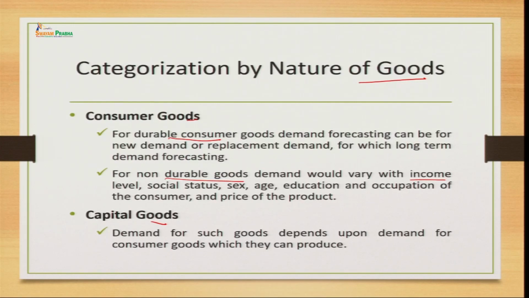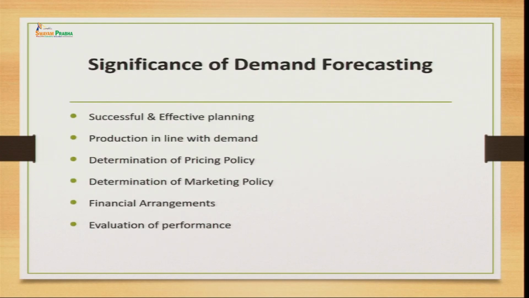Let us move to the next heading where we are going to study the significance, right. These are the categorizations which we have made. Before we go ahead with the demand forecasting, we should be very much clear for what level we are forecasting the demand. Are we forecasting the demand at individual firm level or industry level or at economy level? So, that focus will change and accordingly your method will be different, right.